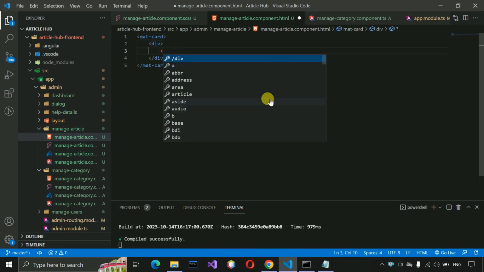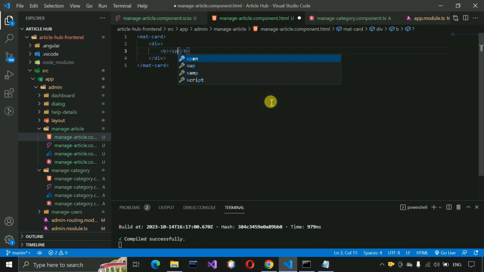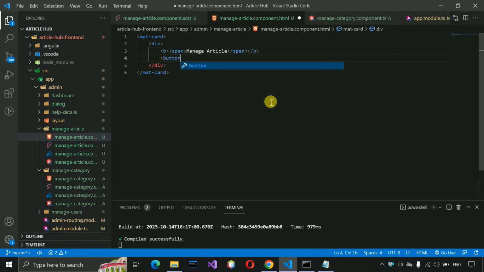and bold span manage article, and then button mat flat button, and color should be theme services dot get theme, and class float right and click